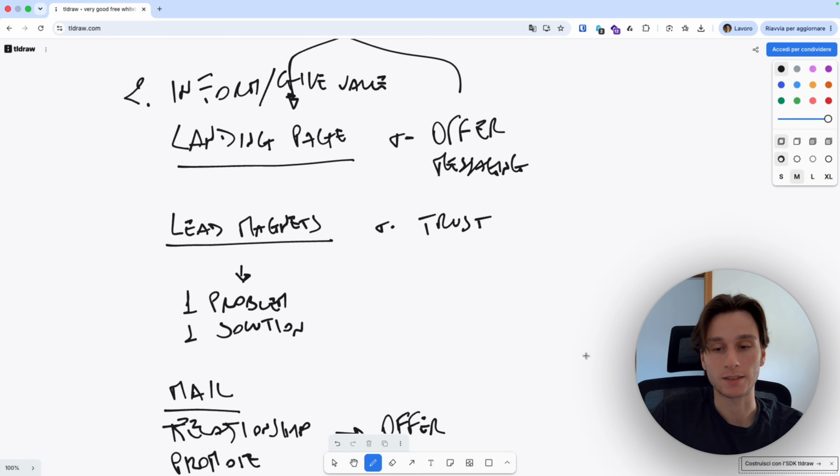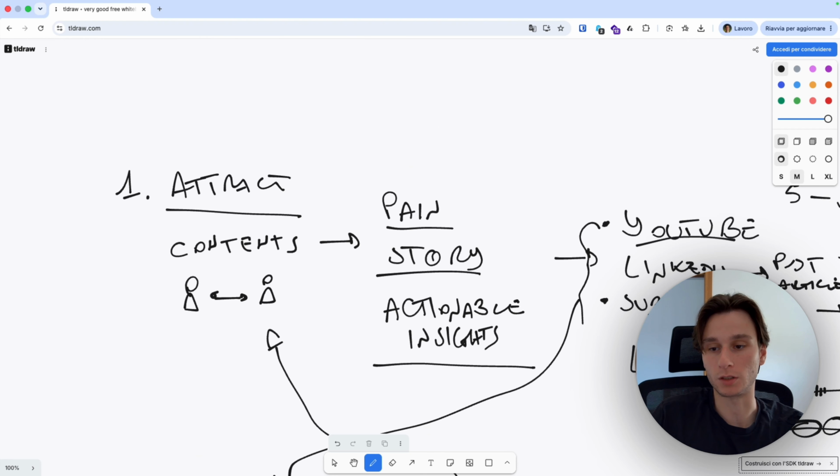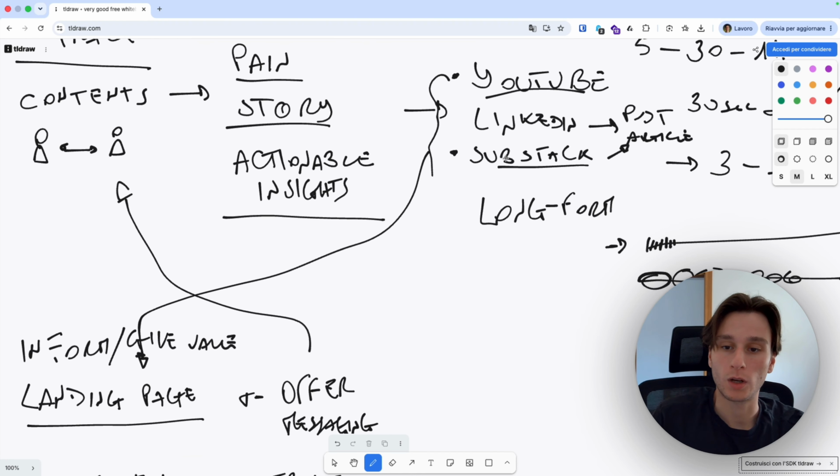The email actually is the best way because you have their contact. And in this case, differently from social media, where the platforms control their own algorithm, for example, my content will not be shown all the time to person A. YouTube might not propose my content to person A all the time, like LinkedIn, like Substack.